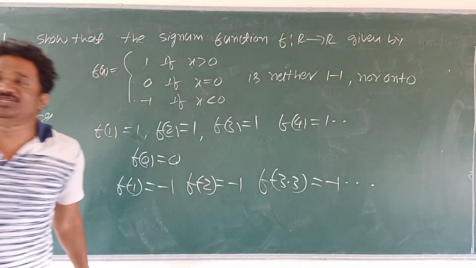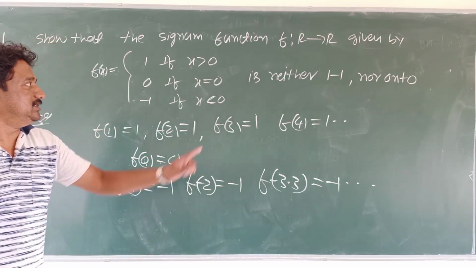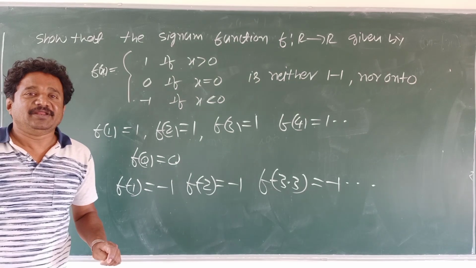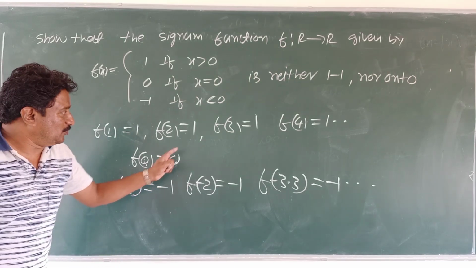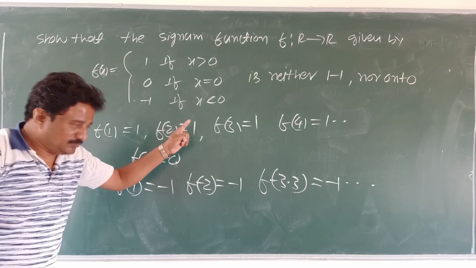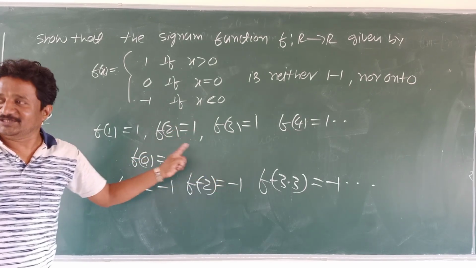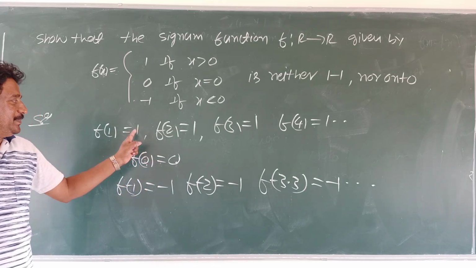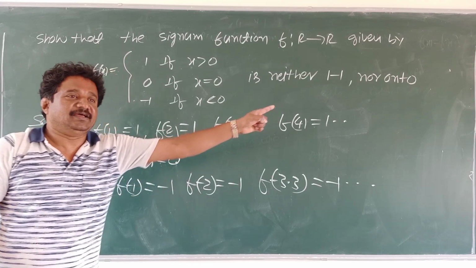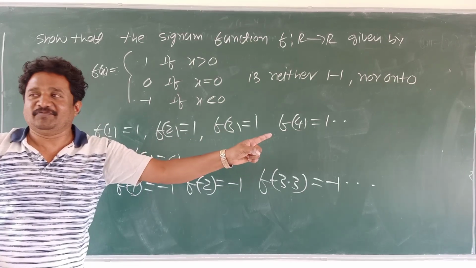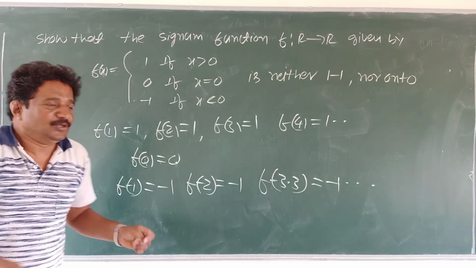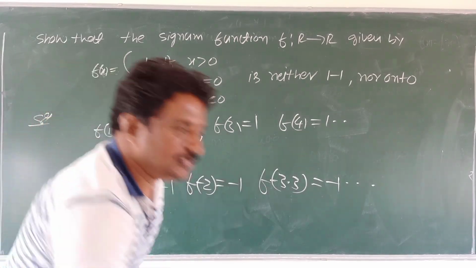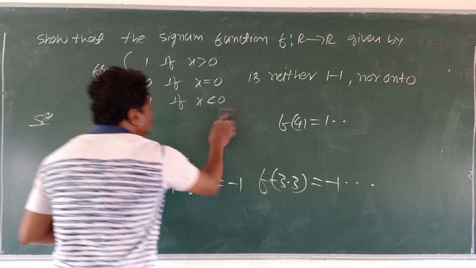From this discussion it is so clear, the domain is the set of reals. Range, you tell me the range, students. Range is minus 1, 0, 1. Is it one-one or not one-one? Not one-one. You see, images are repeated. I need not give this many examples. It is enough if I give one example, students. You need not write this much.